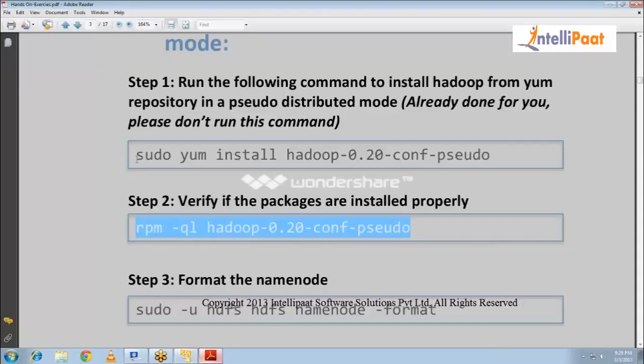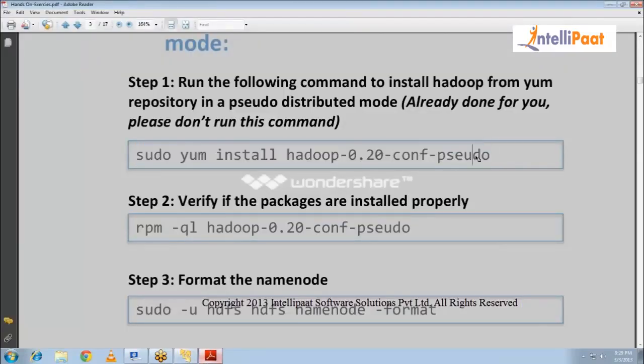Ravi, what does this command do? This sudo yum install. See, it installs everything. In Windows you have exe files to run, right? You just click and install. In Unix, yum is a utility which installs your software, and there is a repository already set up somewhere on the internet. All you need to do is sudo yum install and give the software name, and that's how it installs the software. Let me give you an example. Let's say we want to install a telnet utility.